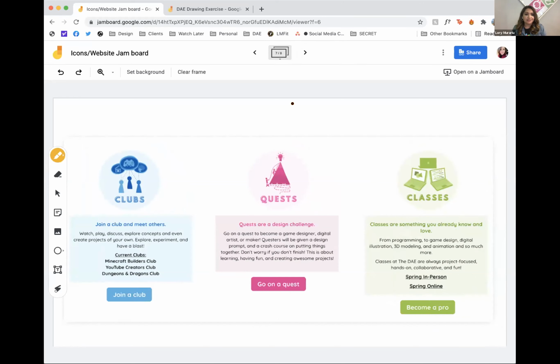So yeah, that is the design aspect, and how we use sketching to come up with these really cool logos and little spot illustrations for our parents to see what we have to offer. And if there's one takeaway, I would say that you're all creative. Everyone can be creative. You don't have to be good at art to be creative. It really is about the ideas and what you come up with.